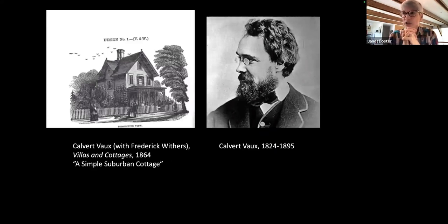Calvert was an English trained architect. As I said, Downing went to England in about 1850 after he put the architecture of country houses to bed to be published. He wanted to see buildings in Europe. He wanted to see parks and landscapes in England. And while he was there, he met Calvert Vaux, a very young architect, and he convinced Calvert to come home with him, to come back to the States, work with him, because Calvert Vaux could draw